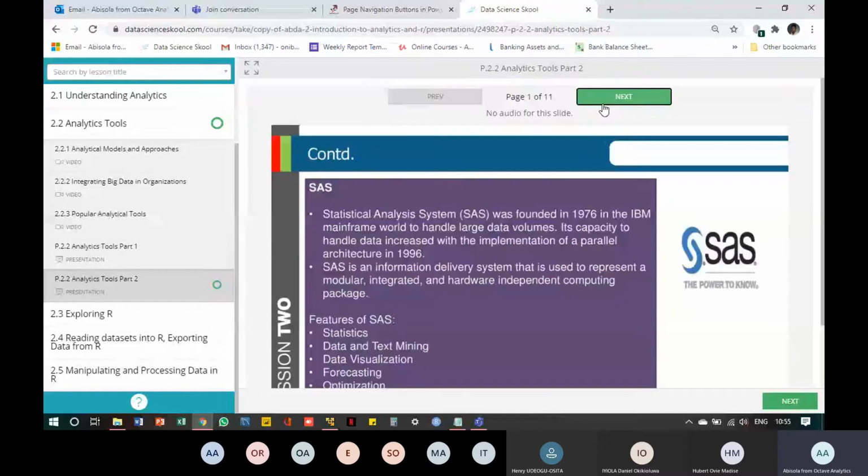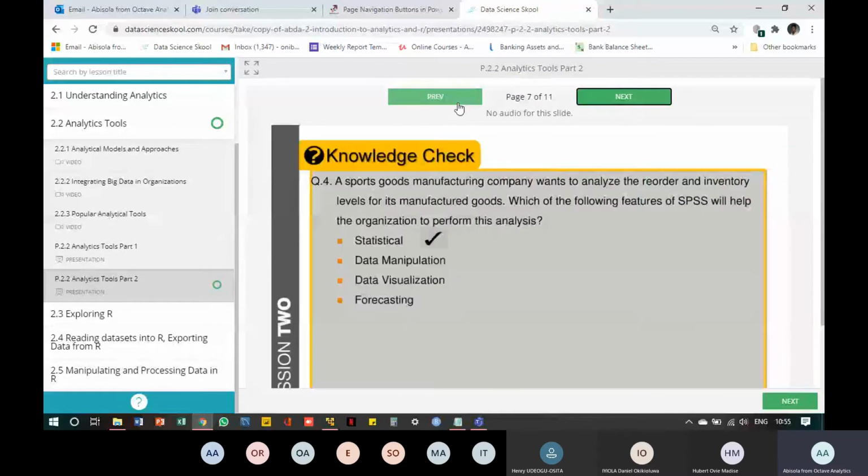So coming back here, which features of SPSS? It is not data visualization, definitely. It is not forecasting. I told you that SPSS is for historical data, that is data up until date. Data manipulation, no. Statistical analysis. You want to analyze reorder and inventory levels. So it is statistical analysis that is best to perform on SPSS for this kind of analysis.